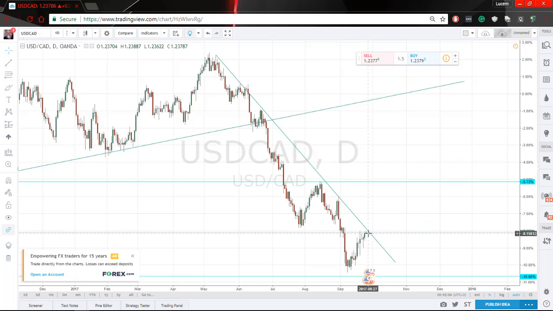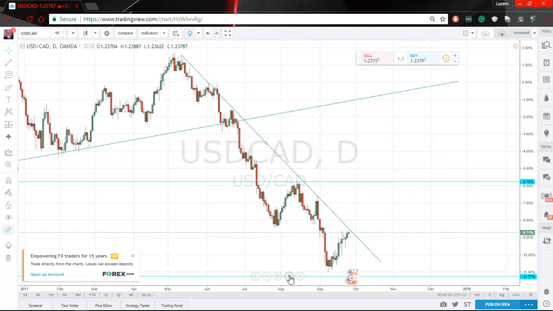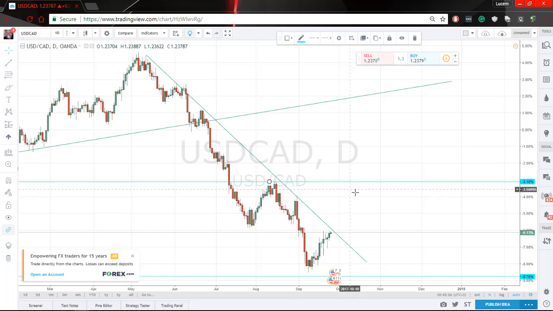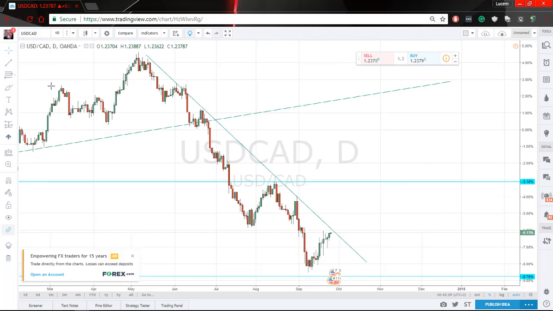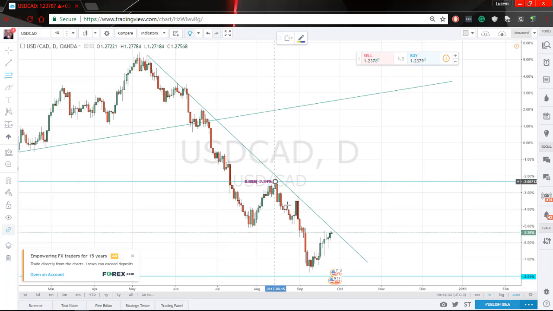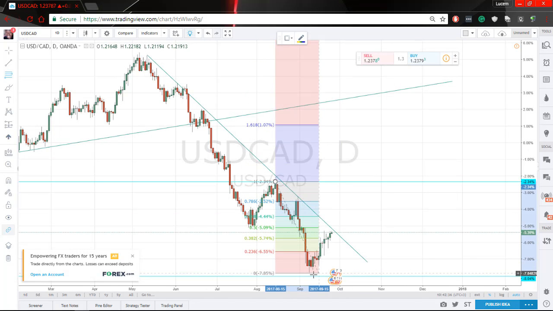So we don't know if this is a reversal, or if it's going to be broken and we see it trend upwards and upwards. So we're still yet to know. We need some more complements for us to know where this price will be going. So for the complements, here's where I'm going to apply some Fibonacci. Okay, so we're gonna come here and we're gonna place a Fibonacci over here, on the last recent trend from there down to this point,